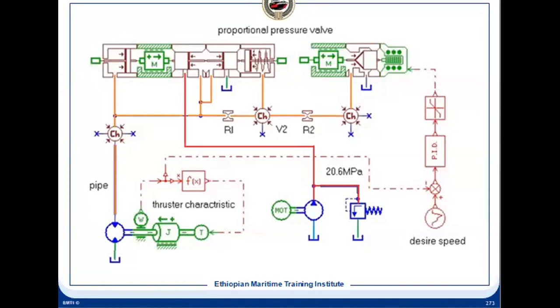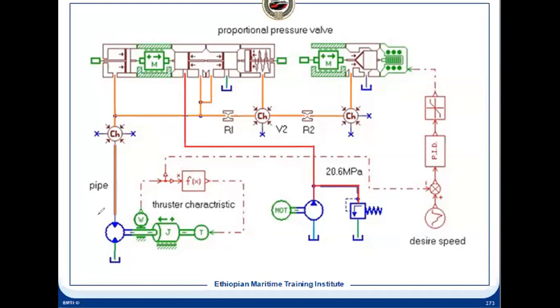Let us start. We stopped at the next slide, but let me explain, because there was a question on the proportional control valve. In this arrangement, this is the motor and our thruster is driven by this motor, and this thruster is producing a thrust. The thrust will be produced depending on the RPM of the motor. It will increase the thrust. But another thing is that it is a function of X, meaning X is the displacement.